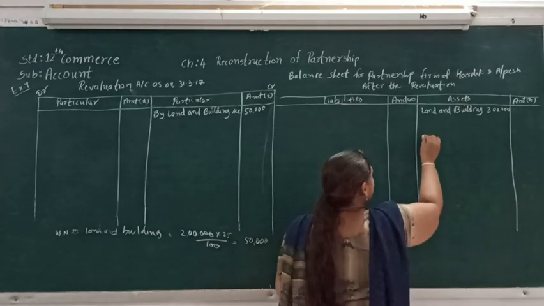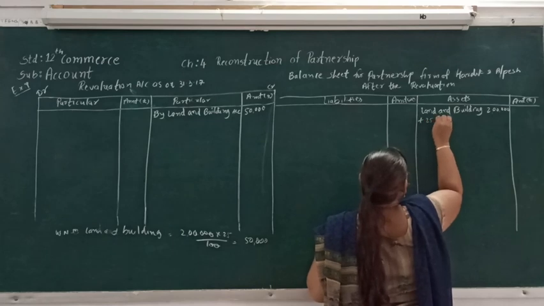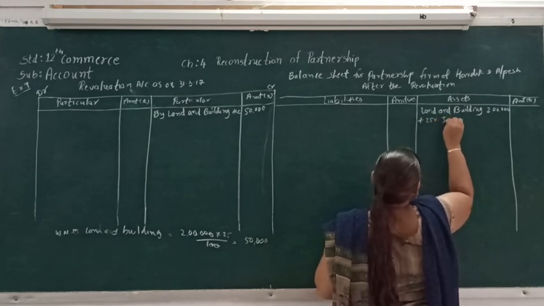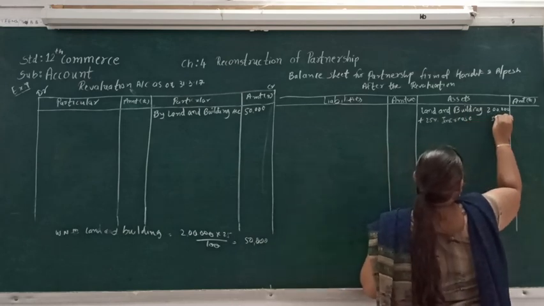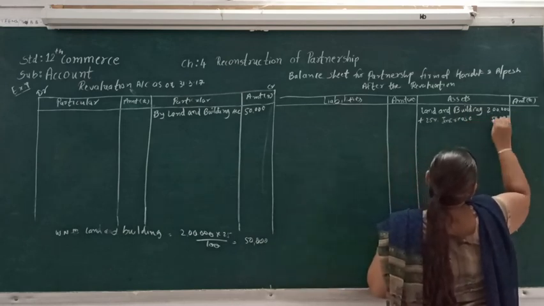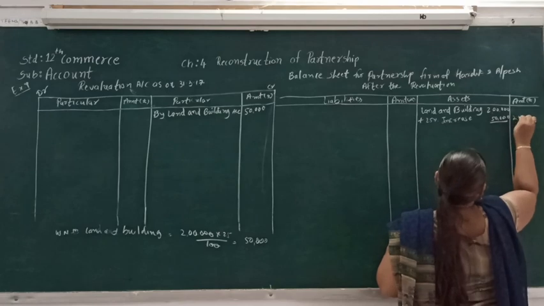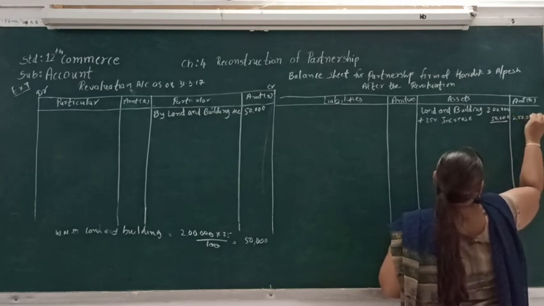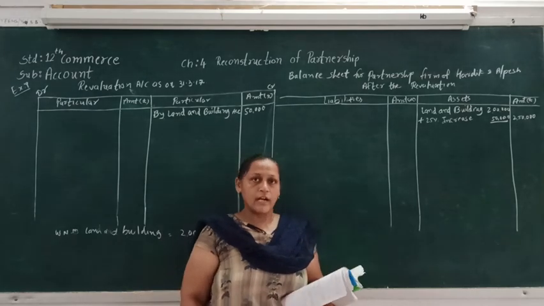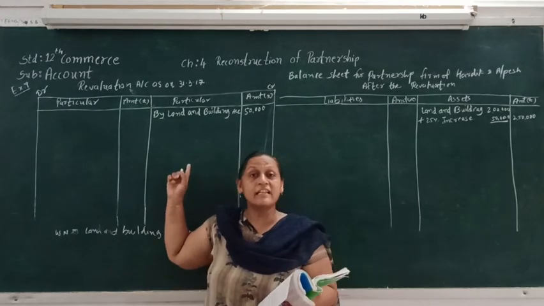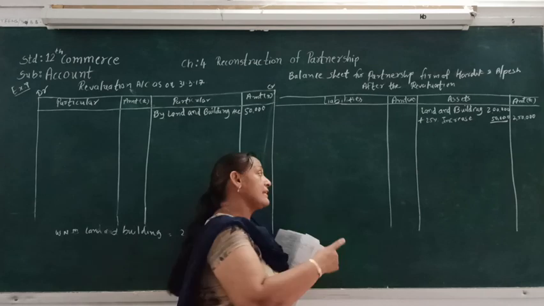So here we are going to write plus 25% increase, and it will be 50,000. So the total value of land and building now is 2,50,000. Okay, so this is how we are supposed to write. Here we have to write increase or decrease, and in the balance sheet